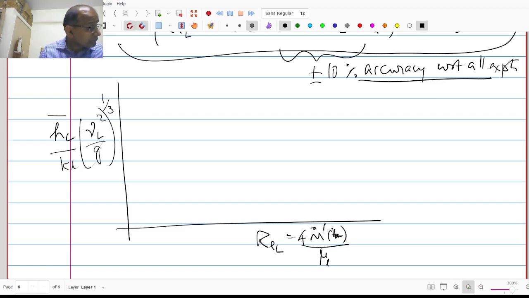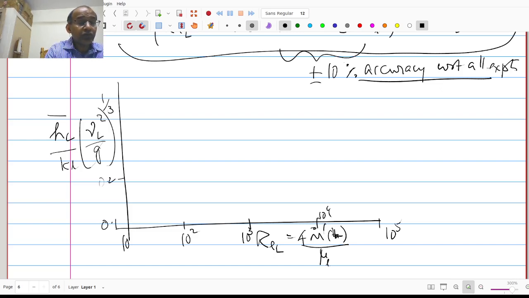Now suppose I write the numbers here. This is 10, 10 to the power of 2, 10 to the power of 3, 10 to the power of 4, and 10 to the power of 5. And here you start with 0.1,